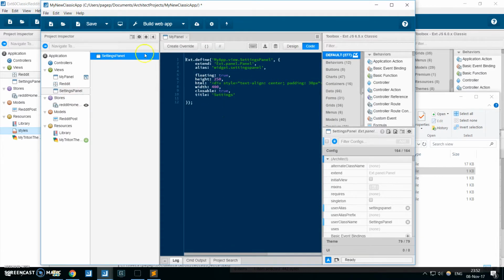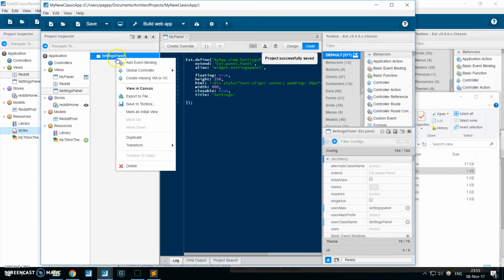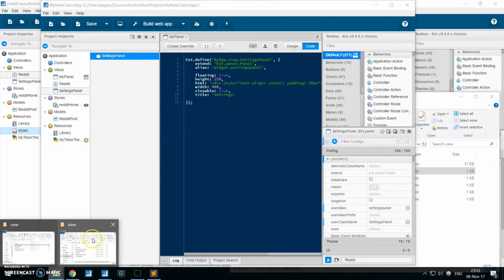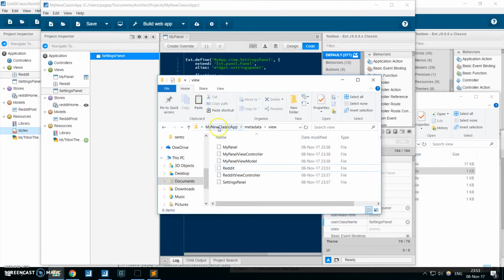Let me check. So as you can see, there are not. Let me save it. There is no view panel, no view controller, and when I try to create it, it's not working. And I will show you quickly why it's not working. Let me go to the menu classic app. Yeah. When you open the settings panel,